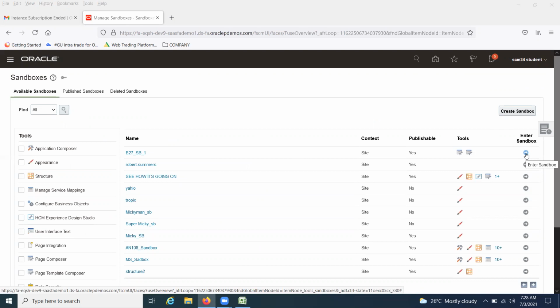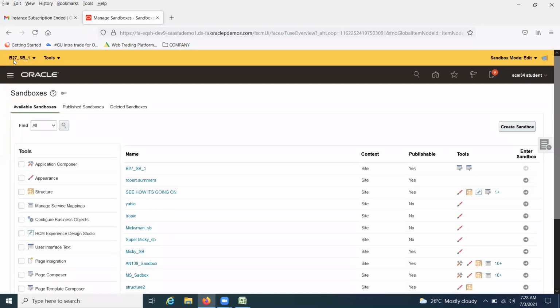Let me enter inside. So now on top you can see this is my sandbox. I am in the sandbox now.